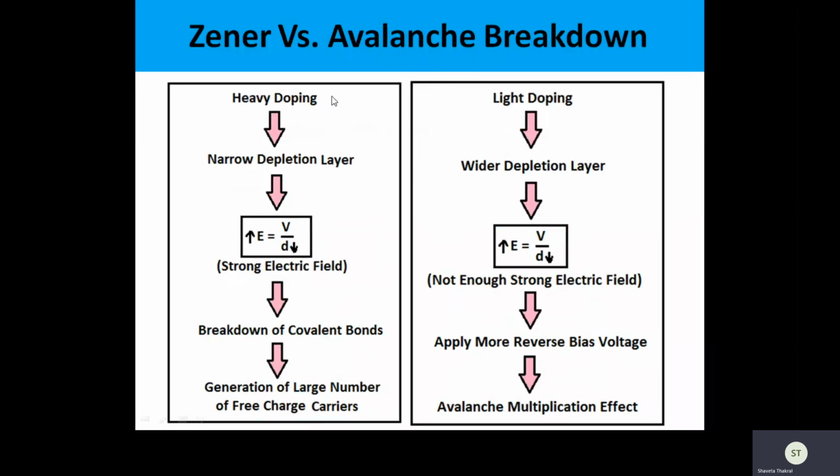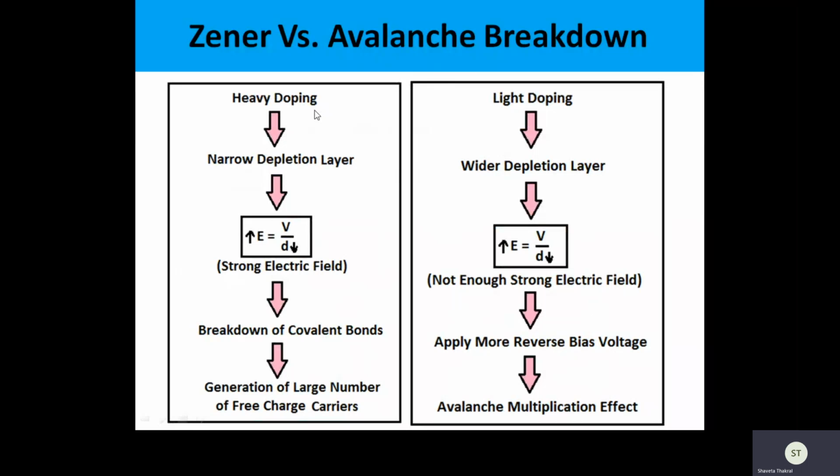If a particular diode is heavily doped, the depletion layer is a function of two parameters. The depletion layer is dependent upon voltage as well as upon doping. With the help of voltage, we can increase or decrease the depletion layer. Like I told you, in the case of no bias, the depletion layer gets formed, and it can be increased by reverse biasing and decreased by forward biasing. Second is the case of doping. Heavy doping points to a narrow depletion layer, and light doping leads to a wider depletion layer.